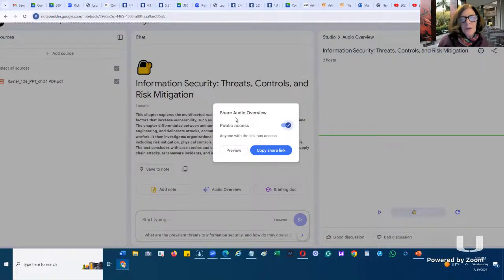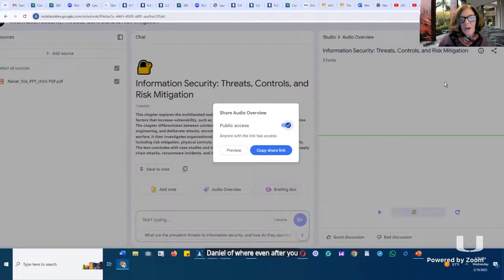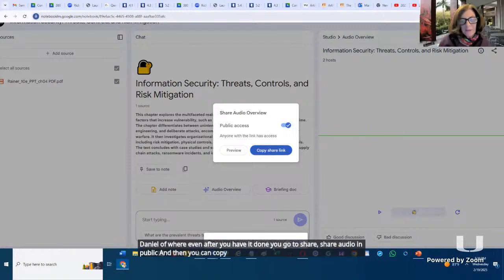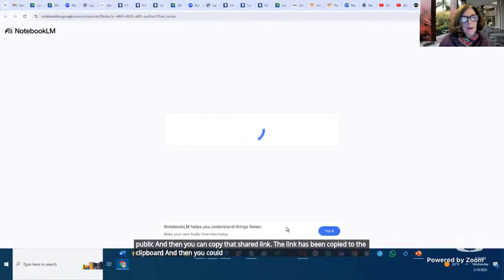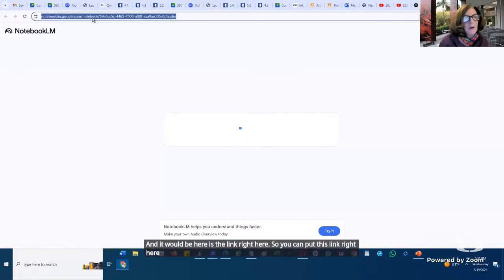What I want you to do is copy that screen, Daniel, of where even after you have it done, you go to share, audio, put it in public, and then you can copy that share link. The link has been copied to the clipboard. And then you could open up that copy there, and here is the link right here. So you can put this link right here, Notebook LM, where it was audio, and you could have that.